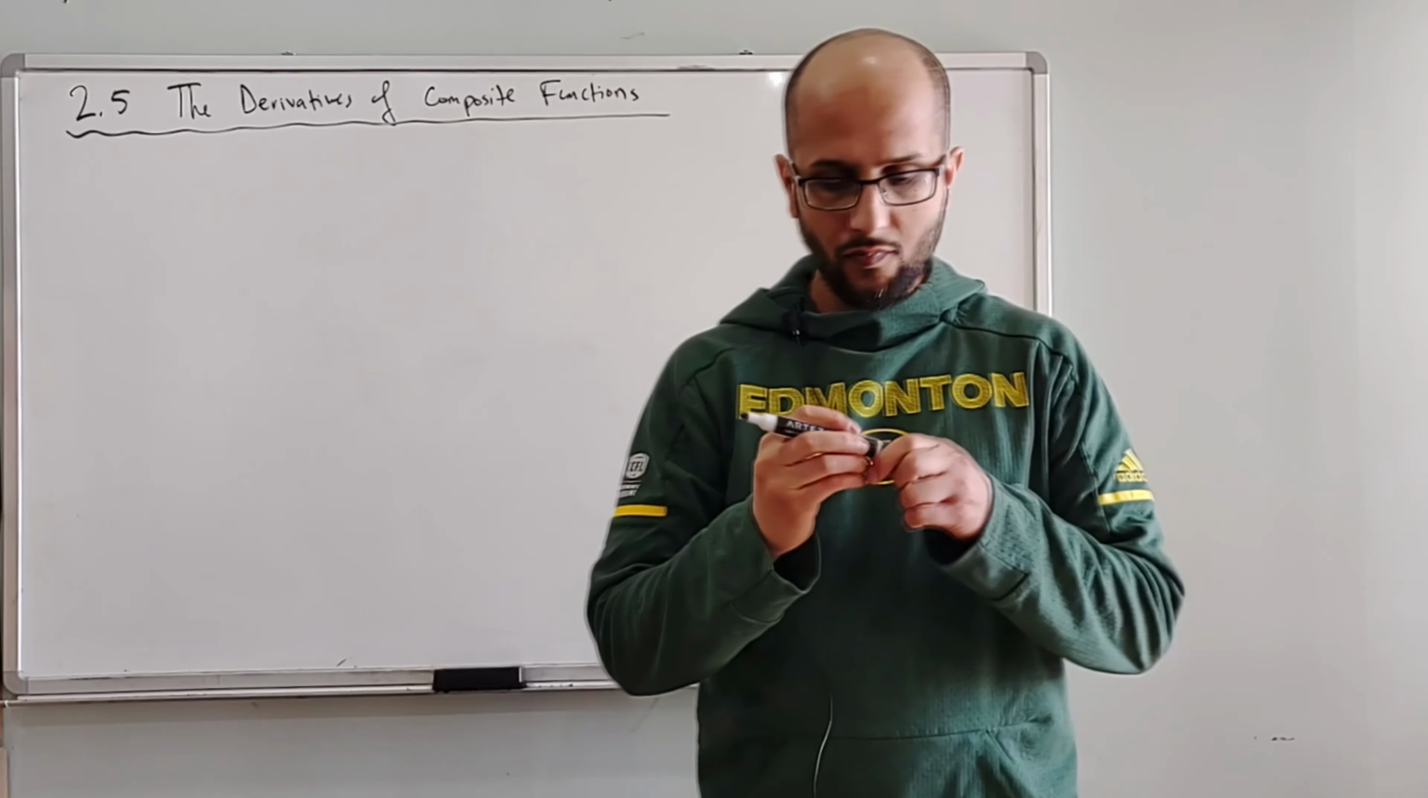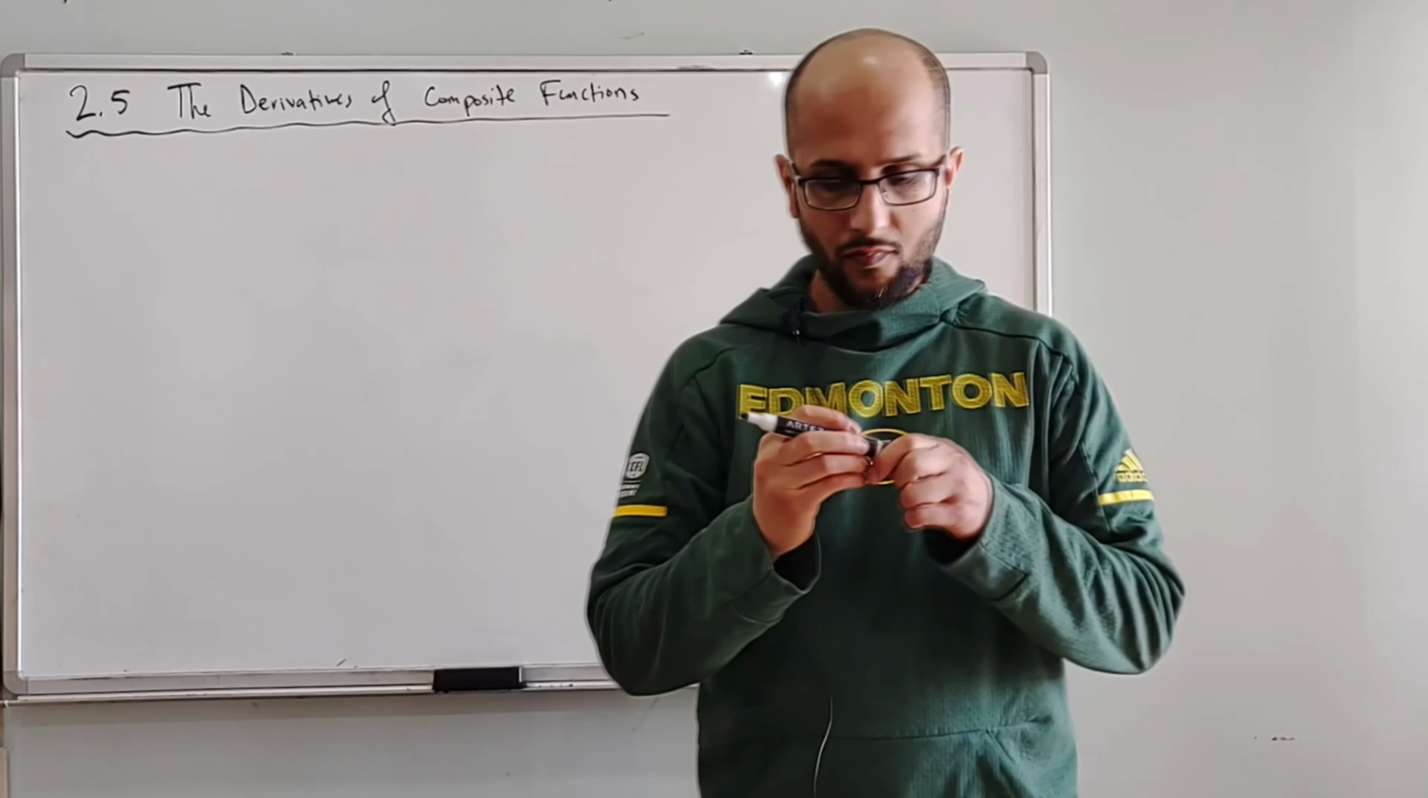So the next section we're looking at is 2.5, the derivative of composite functions. Before we get to the actual calculus portion, which is to look at the derivative, let's make sure we understand what a composite function is. A composite entity is any entity which is made up of multiple parts. So a composite function is a function that is made up of two or more other